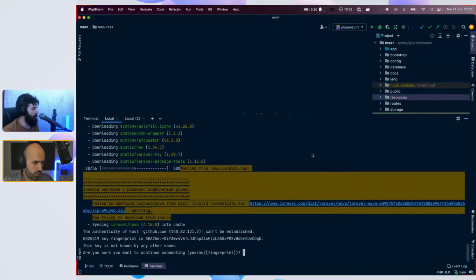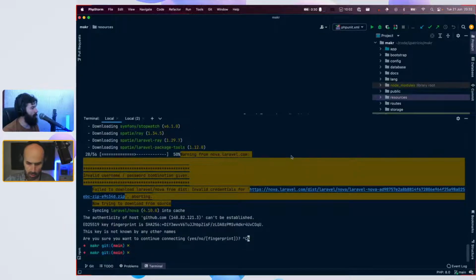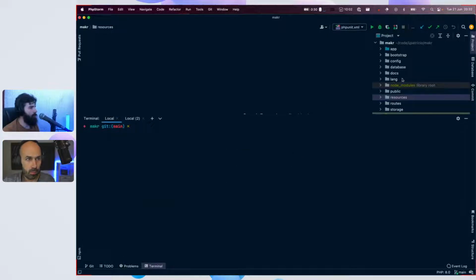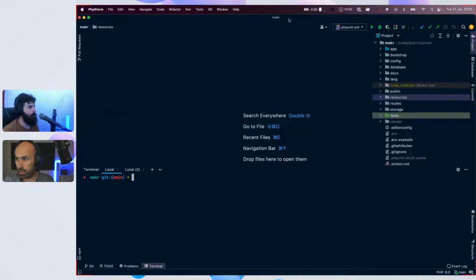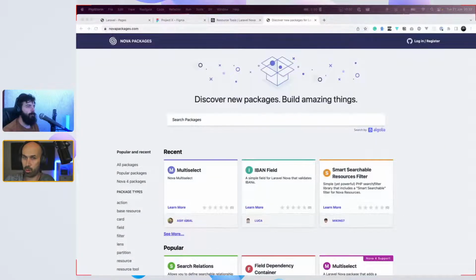So this is an issue, and I will just cancel it, and I know why. Let me check. Of course, I can rotate the key, but now I got it.